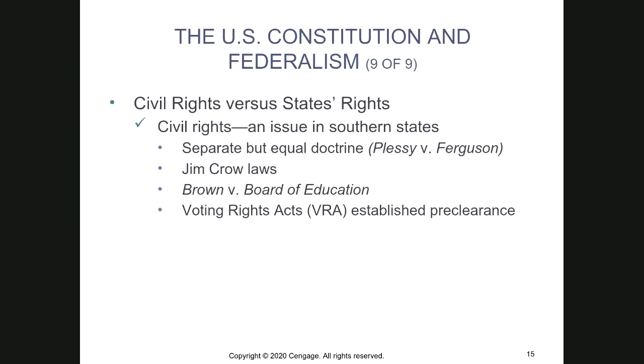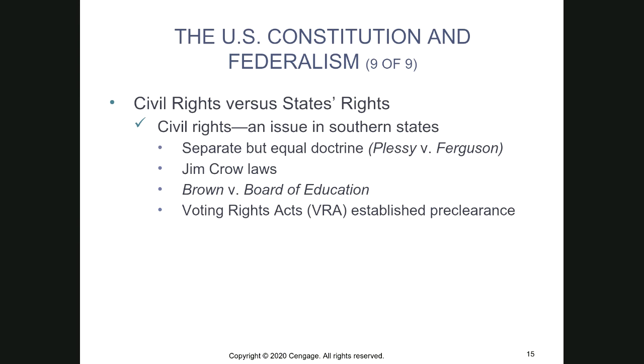Same thing when we talk about like Jim Crow laws, for example, or Brown versus Board of Education. So Jim Crow laws, remember, were just those state and local laws that mandated racial segregation in almost every aspect of life. Well, over time, the federal government stepped in and started saying, no, states, you can't pass these types of laws. And in Brown versus Board of Education, remember, that's where the big federal government stepped in and they said, states, you have to integrate your classroom.